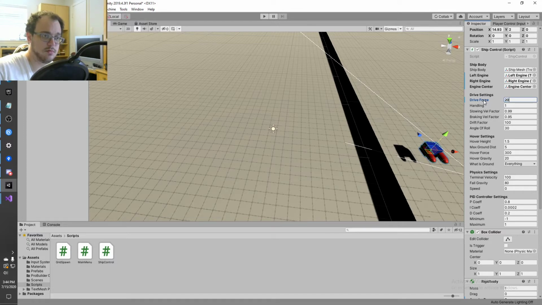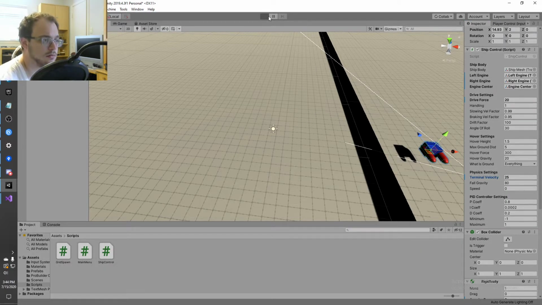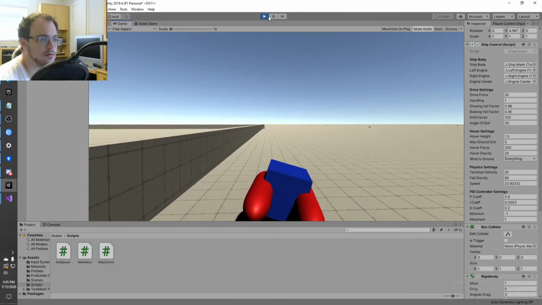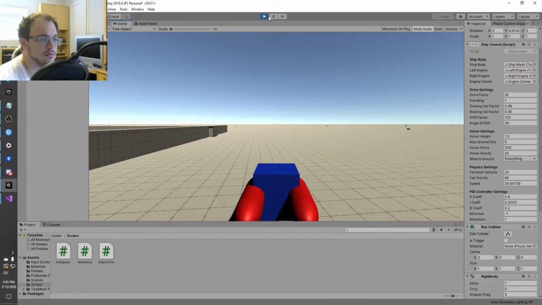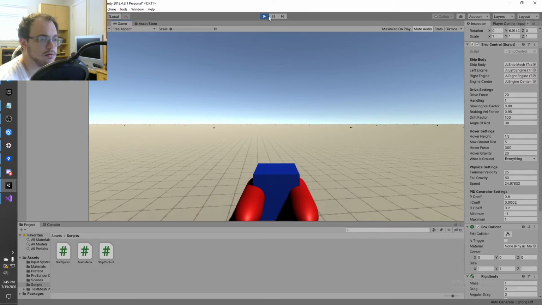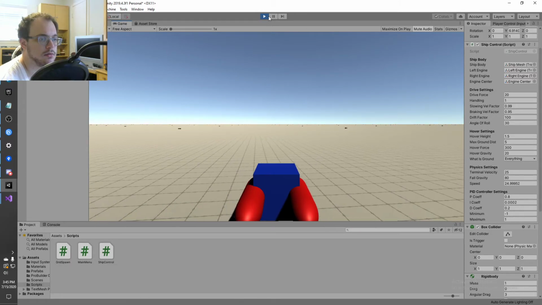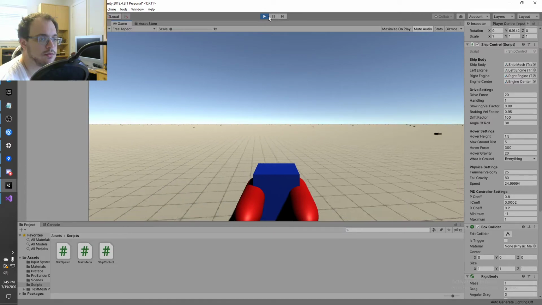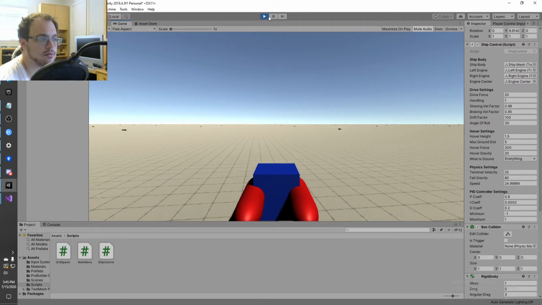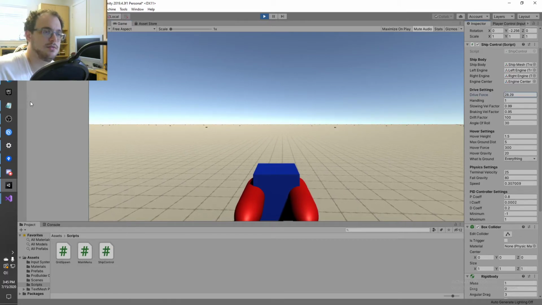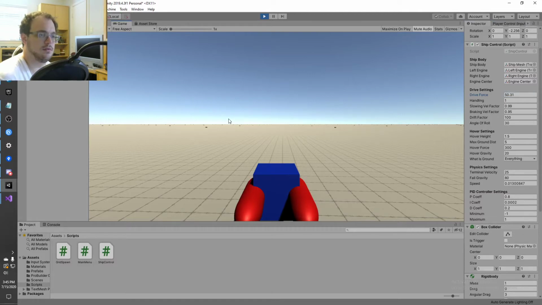So, if I set terminal velocity to just be 25, drive force of 20. Okay. Still not. I wonder if it will ever get past. I feel like if I did like a boost. Okay, but if I increase the drive force to like 50,